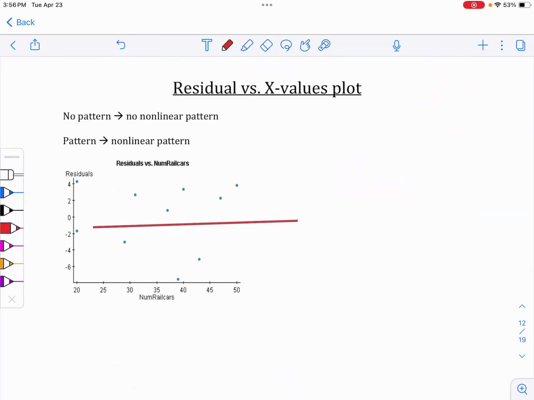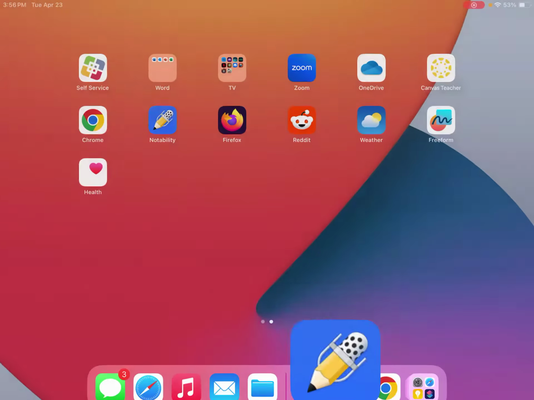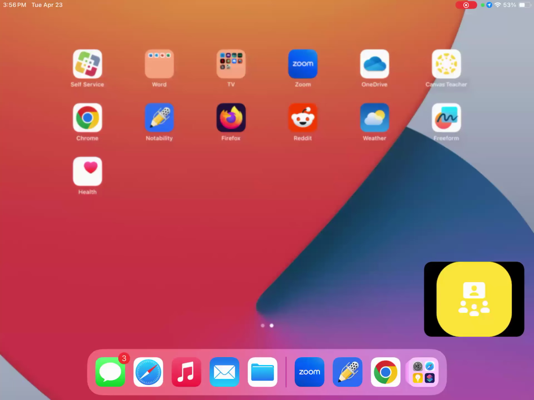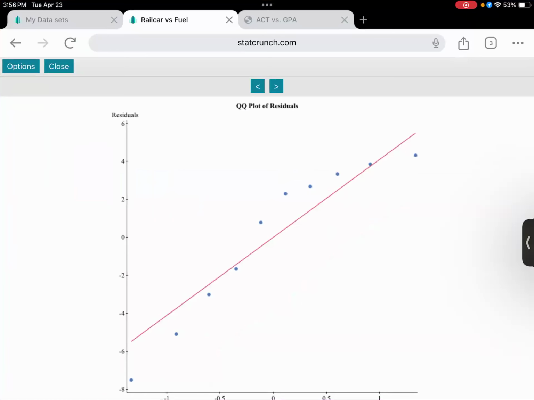This one is a new one. So that's a familiar one. Histograms, QQ plots, that's stuff we've done repeatedly. The residual versus X value plot. And this is to make sure that we actually got all the variation out of the data that we were supposed to get. And this is our third graph